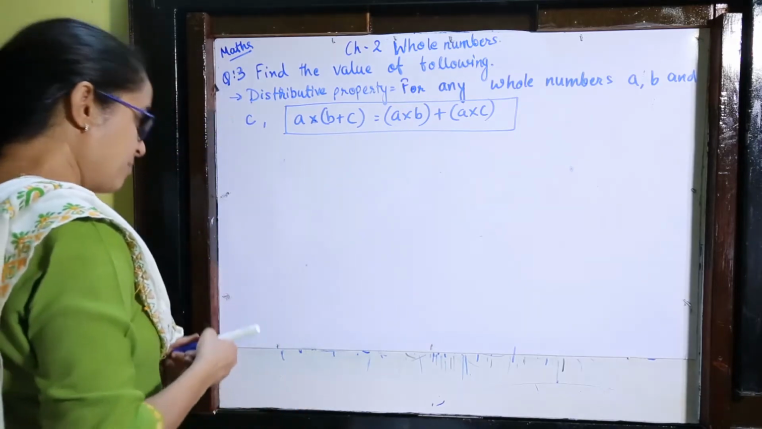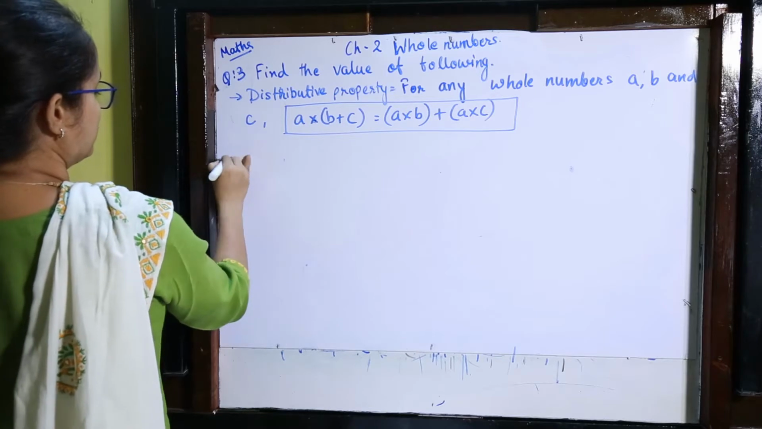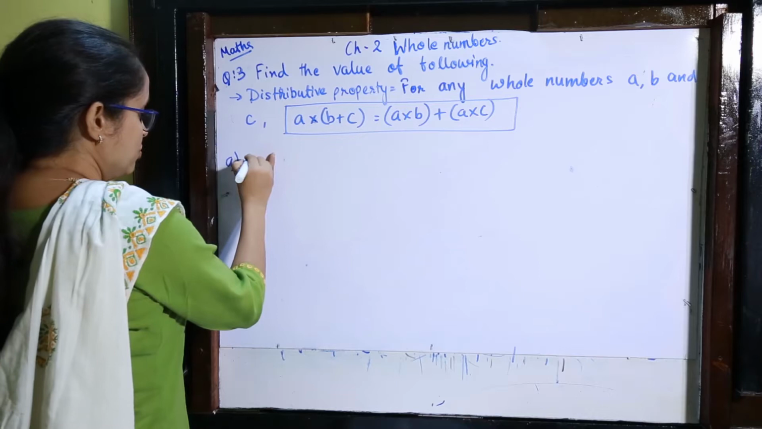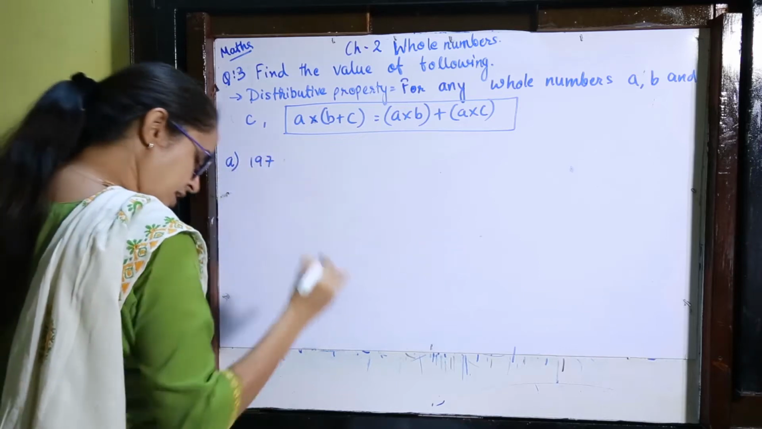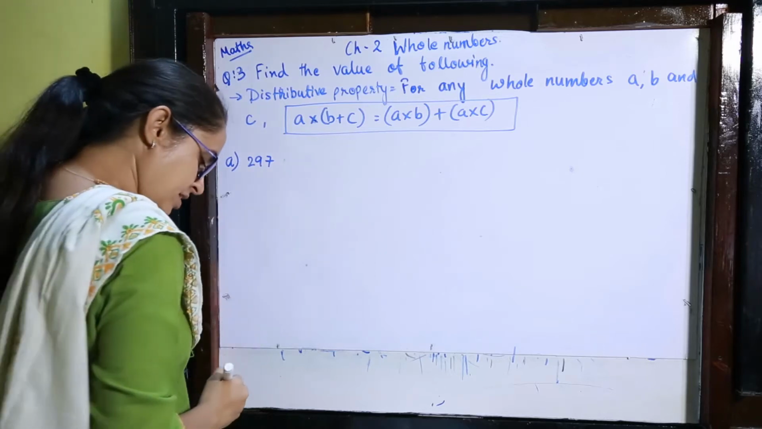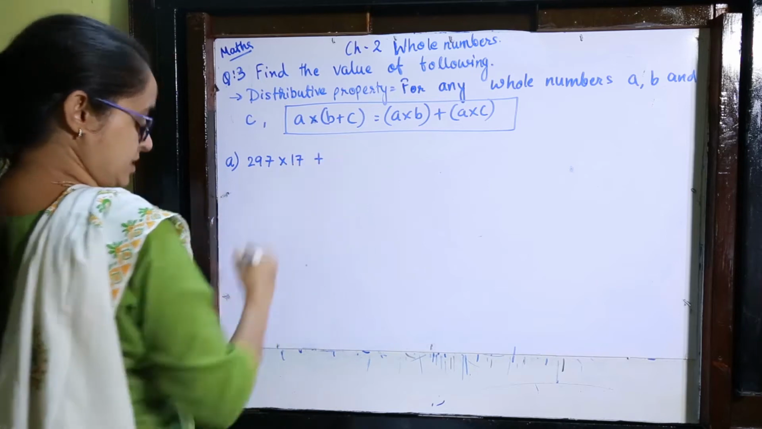So now we will start with A of exercise question 3, which is 297 multiply by 17 plus